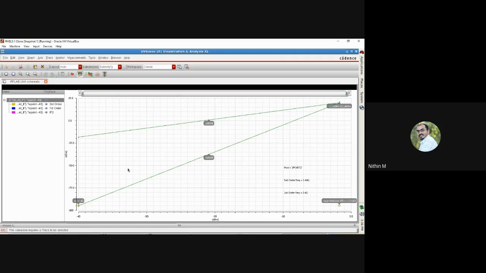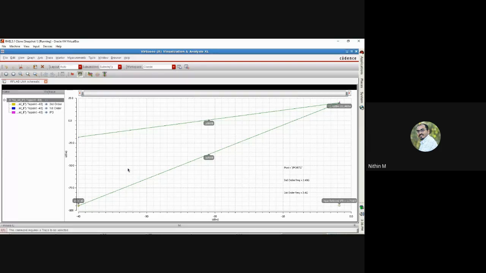All right, that value is very close to minus 13 or minus 14. So if you look at this, we know that on an estimate, on an average, your IP3 point will be approximately 9.6 or 10 dB greater than the 1 dB compression point. That is true in this case. In this case, it is actually even more than that. The 1 dB compression point was at minus 14, and now this is at minus 1.7.